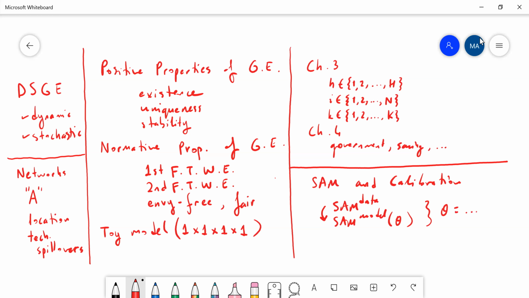So there are other types of models where, from a mathematical point of view, you see the network effects in different dimensions, not just depending only on the input-output relationships, but other types of relationships. Again, geography is important. So in general, location is important. Technological spillovers play a big role in such a setup,